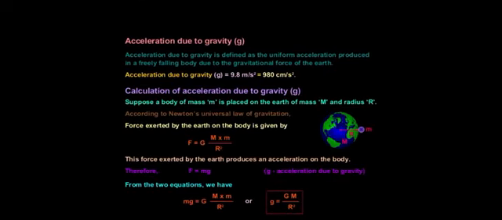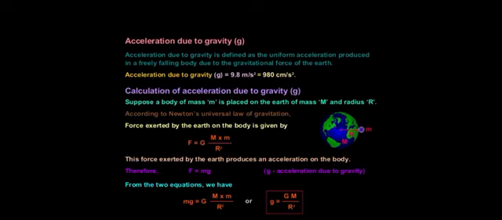My dear students, while falling, there is no change in the direction of motion of the objects. But due to the Earth's attraction, there will be a change in the magnitude of the velocity. And we know that if any change is there in velocity, it involves acceleration. So whenever an object falls towards the earth, an acceleration is involved. This acceleration is due to the earth's gravitation force and it is called acceleration due to gravity, and it is represented by small g.